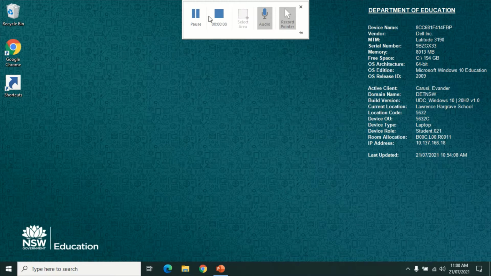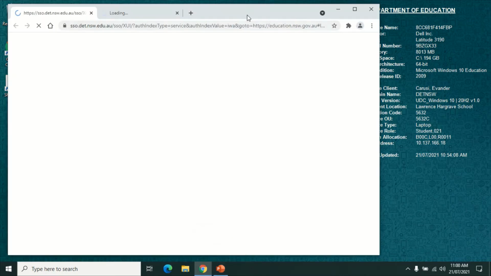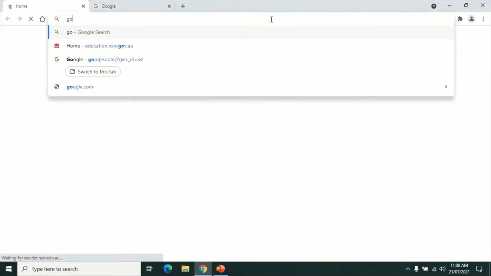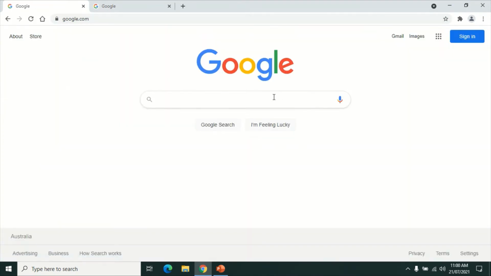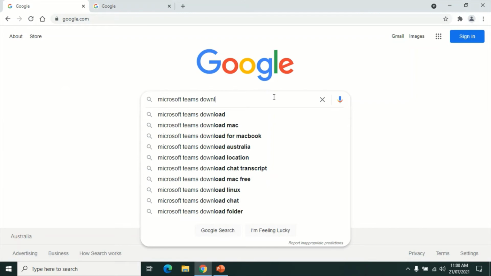In this episode 5, we're going to look into how to download and install Microsoft Teams onto your computer. So to start with, we are going to open up our browser and go into Google search. We're going to look up Microsoft Teams download,